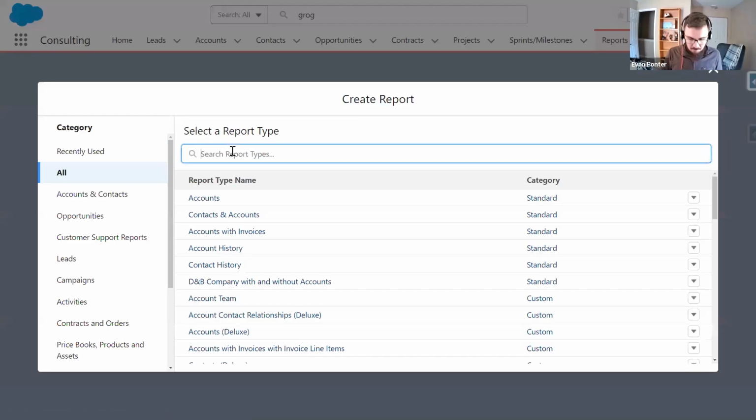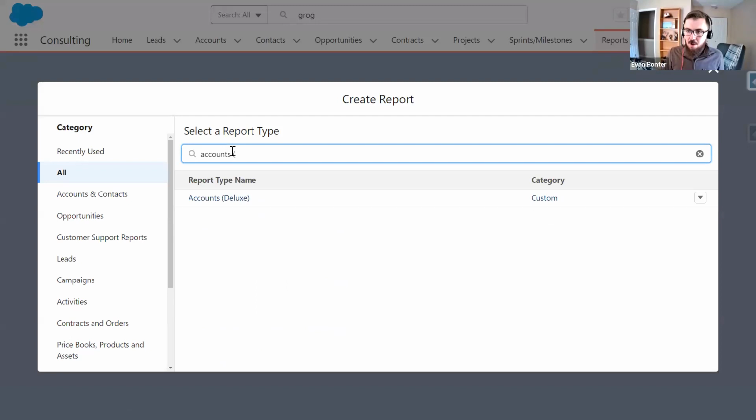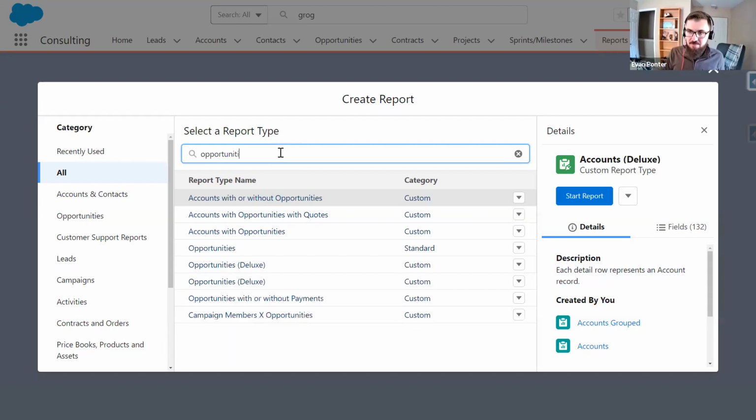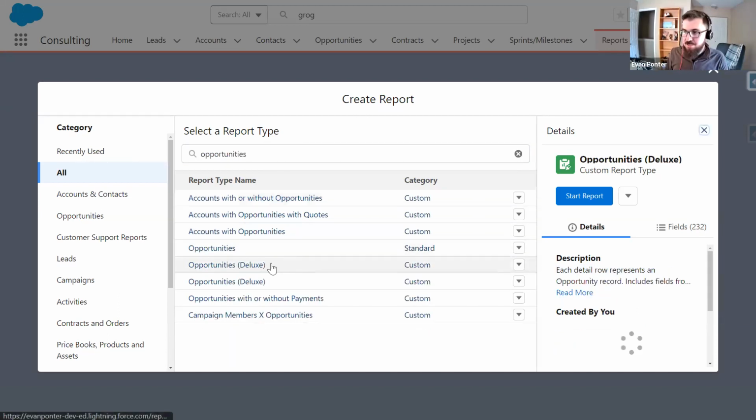That's going to give me access to all of my account records, and each detail row represents an account record. That is one option to do that. The other way you might be analyzing your data is you want a summary of some detail records at the account level. So maybe that's a summary of opportunities, but you want to summarize them for each account. In that case, your detail rows should be an opportunity record, and you're going to group your data by something like the account name or the account ID